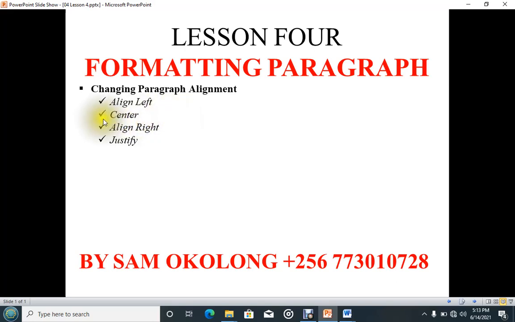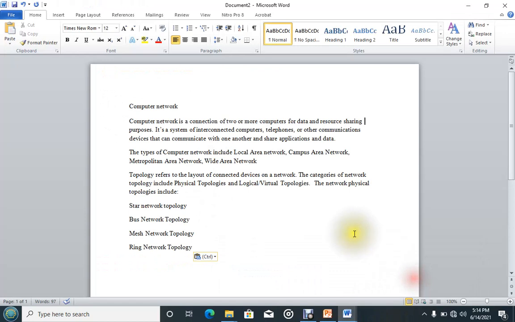We shall also look at aligning text right, whereby the text is arranged to the right margin, producing a ragged left edge. When I'm talking of ragged edges, you can see here we have the text not organized fully the way they are organized this side.